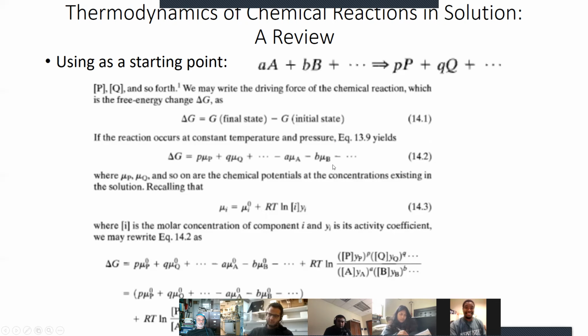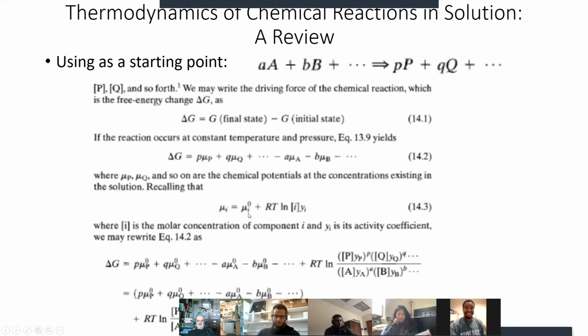Notice here the signs are correct so that when you set this equal to 0, you can set them on opposite sides. But at this point, we're not setting this equal to 0. We're simply going to solve for this expression. Each one of these can therefore take this general expression for the chemical potential of species i